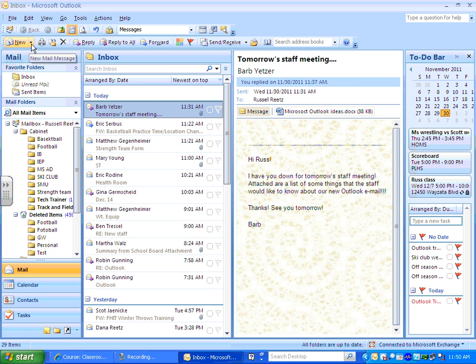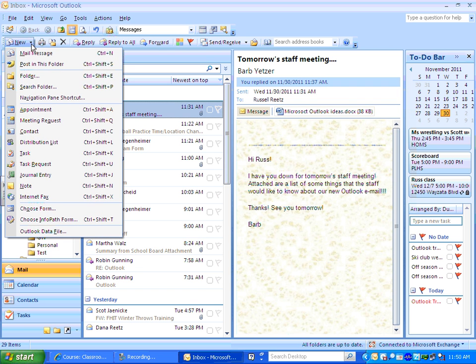Take a look at this new drop down. When I click the arrow, I get lots of different options. I can do a new mail message from here. I can insert a new folder from here. I can do a new meeting request, a new contact, a new distribution list. This is the easiest way to get into many of the features Microsoft Outlook has to offer. If I go down to new mail message,